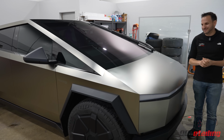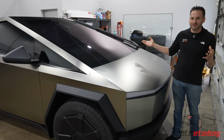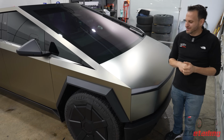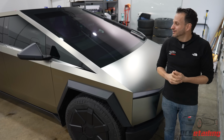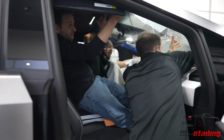It retained all its Cybertruckness, because it still looks like a Cybertruck. It still looks like a big metal truck, but it looks different. It's got the black chrome on there that makes this thing really pop out. Along with everything else we did on this, like with the window tint,